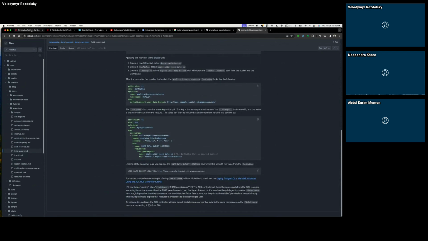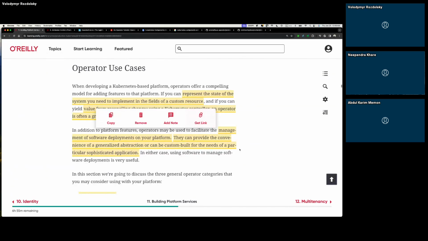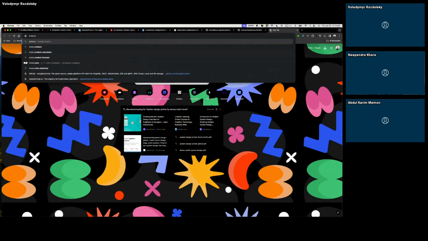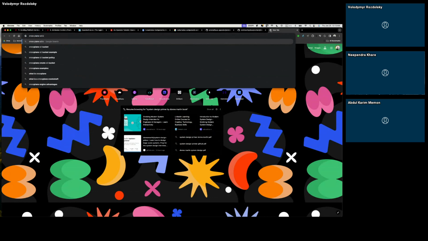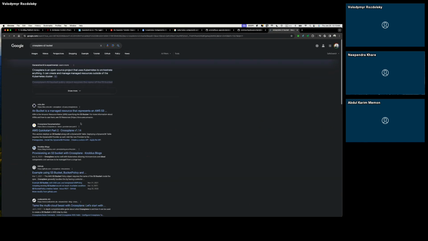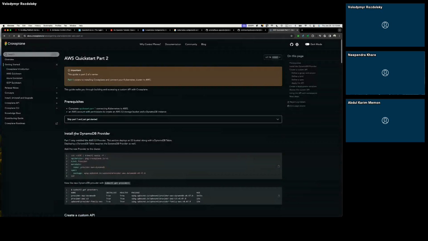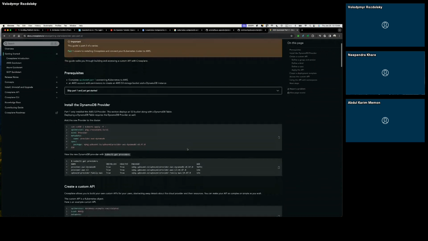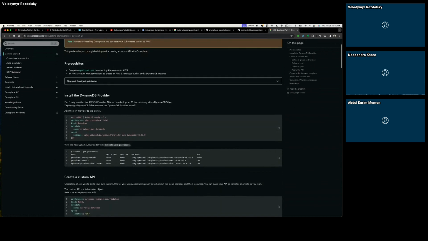Okay, I can find an example with Crossplane as well. If you just search for Crossplane S3 bucket example, I think that should throw something up. This one. Let me check. I'm sharing a link. Okay.